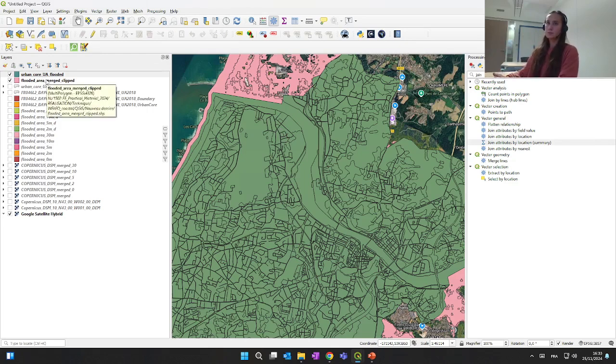clipped merged flooded area. So it means that it is impacted by all three simulated scenarios, plus 2 meters, plus 5, plus 10. If it's 2, it's only plus 5 and plus 10, and if it's only 1, it's only plus 10. So that's it. Now we're gonna see a bit how to adjust this data, because how to adjust the